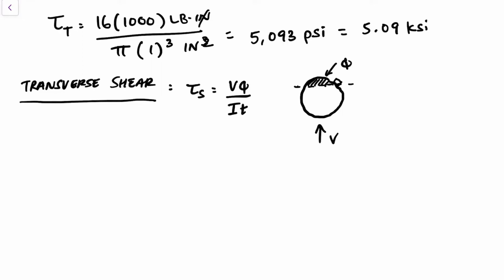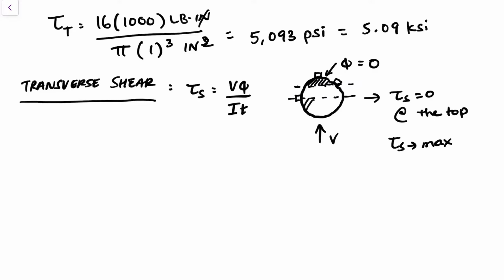But what this means is if I am looking at an element that's sitting on top of the shaft, Q would be equal to 0. And if Q is equal to 0, it means that tau S is equal to 0 at the top. And tau S will be the max at this point right here, right? Because the area here is going to be the largest. So Q will be the largest, which means the shear stress will be the largest,